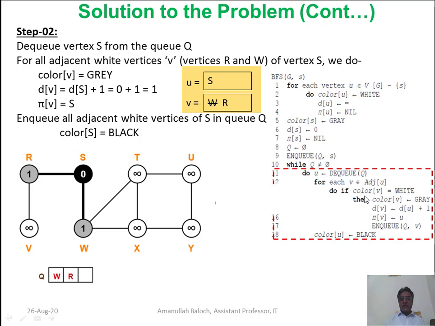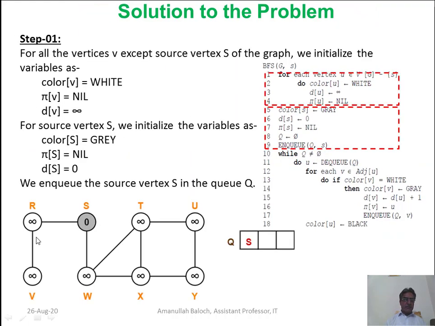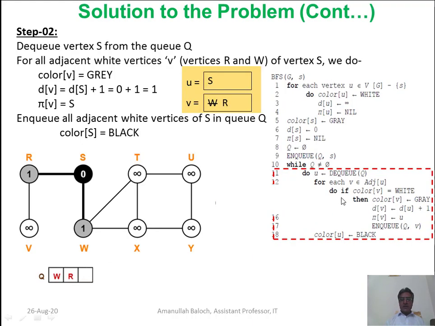We will check the color of V, taking the value W. The color of W was white, and the color of R was white. These are the two adjacent nodes. If the color of V is white, then it will make the color of V gray. So the color of W becomes gray, and the distance is d of U plus 1.